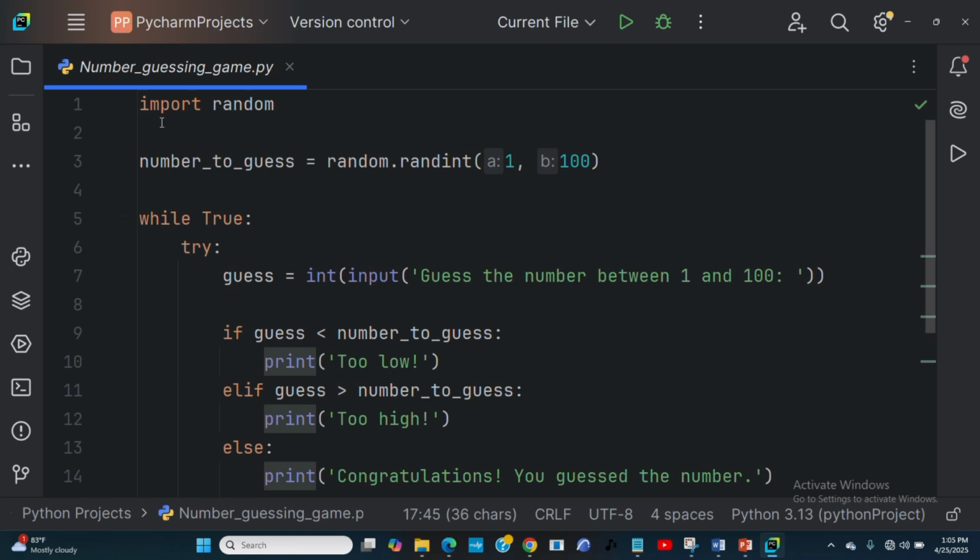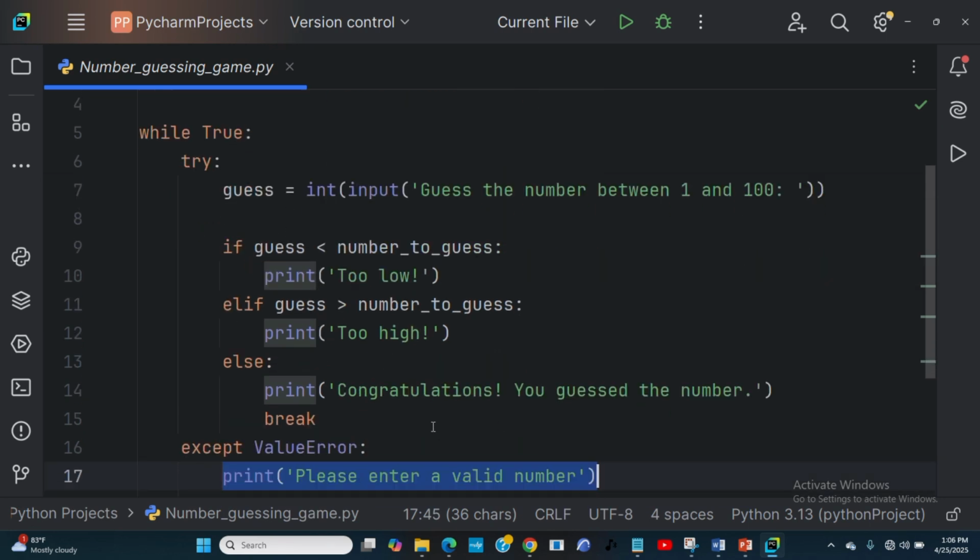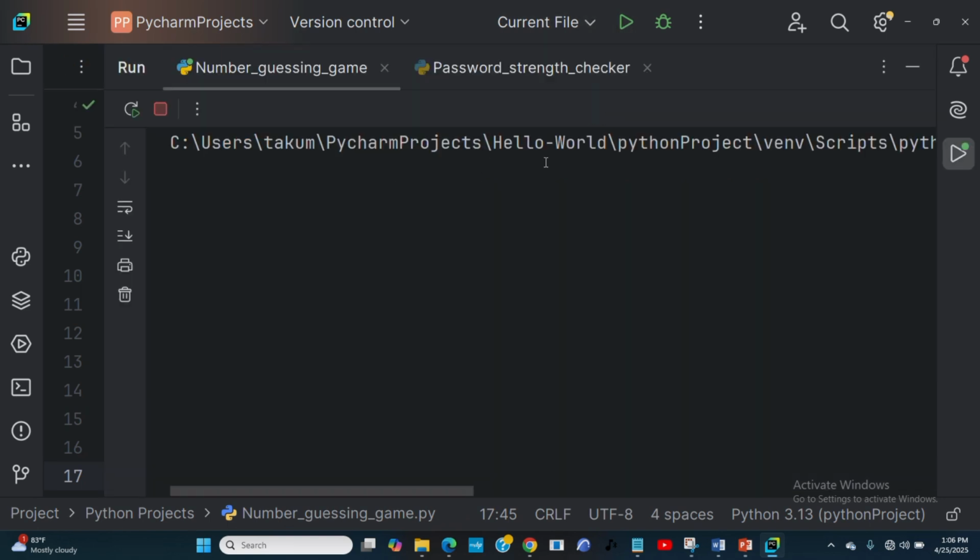A number guessing game. It is a very beautiful game, right? The code is very few, it's not much. It's just a guessing game. Let's try to run it one more time. You already saw the output, but I'm going to run the program again for us to see.